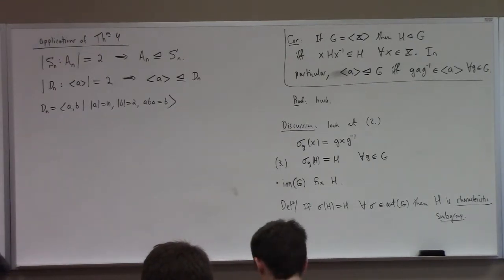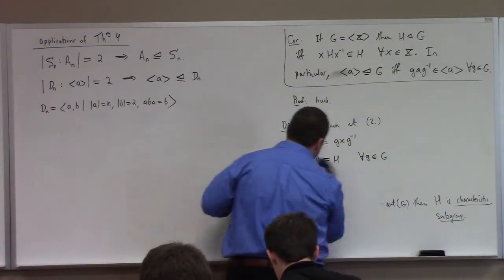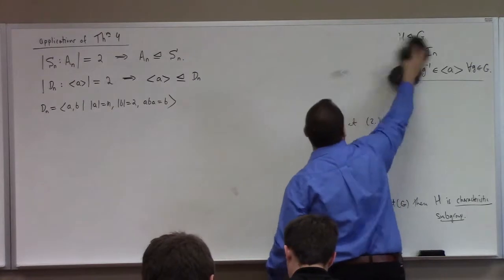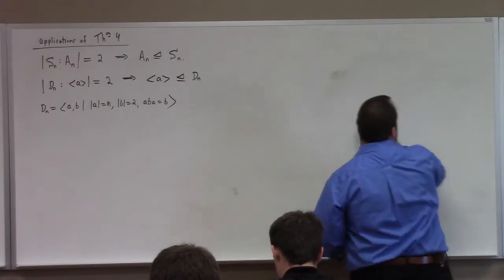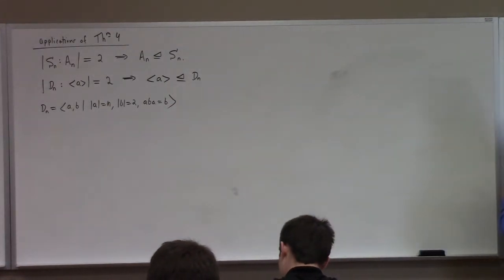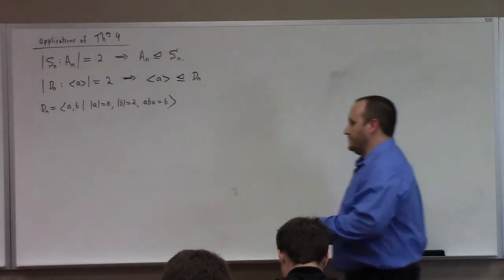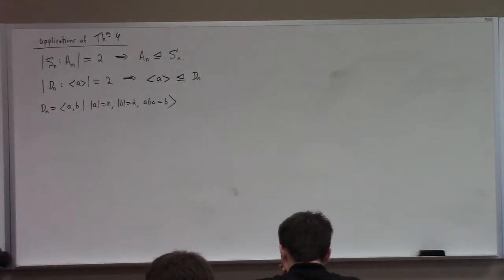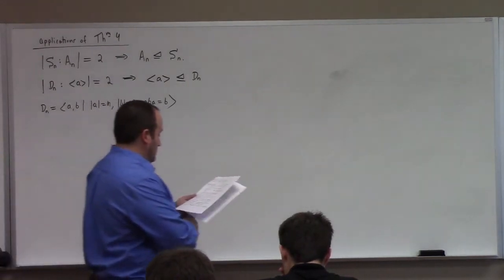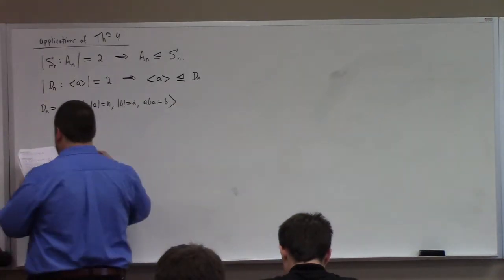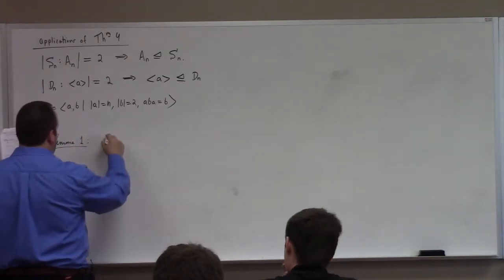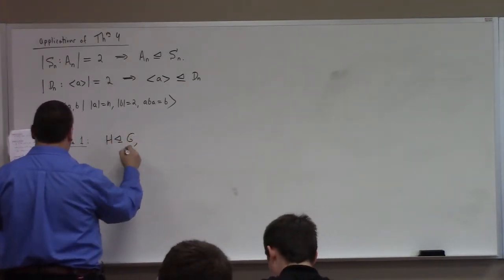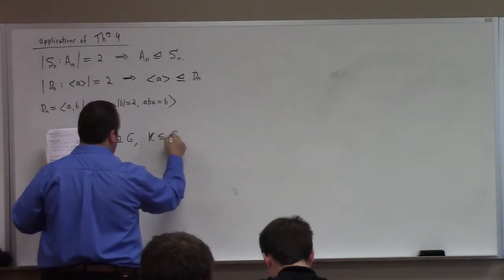Okay, so the remainder of the lecture concerns a series of results that lead us to the concept of a simple group. So I think what I'll do here is just get into it. Lemma 1. If H is a normal subgroup of G, and if K is a normal subgroup of G,